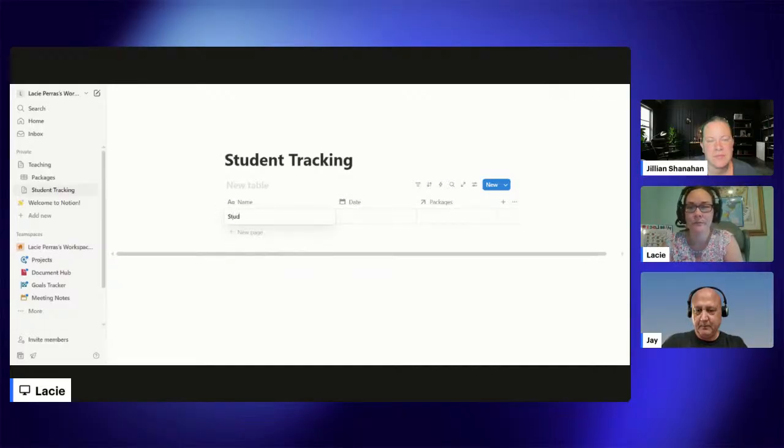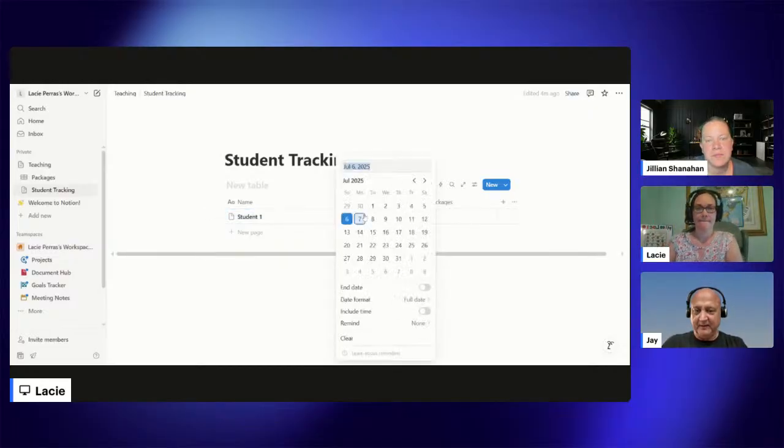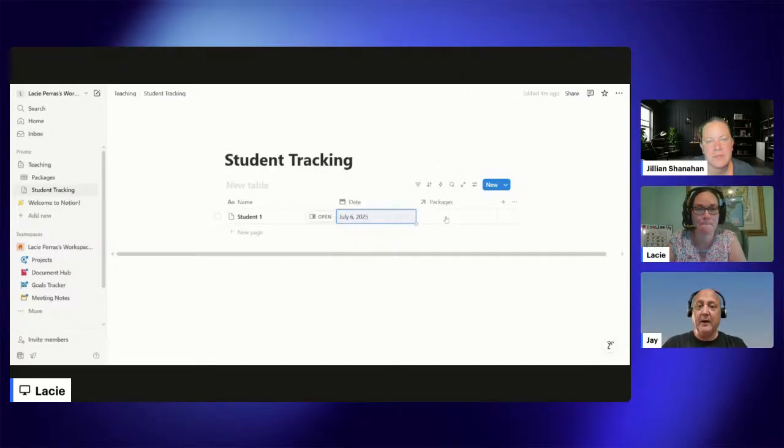I'll do student 1. Yep. And then, so when we enter something in student tracking, we have to put a date because that means he took a class. Okay. So click the date. We'll just make it today. You can just pick any day. Yep. Click it. Then click off. There you go. Okay. Now, so he's taken a class, but we don't know what class he's taken, what package